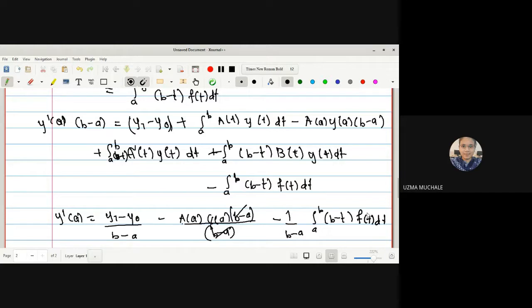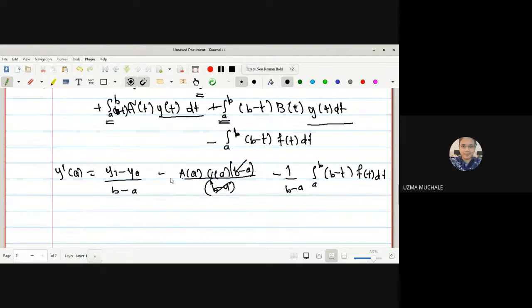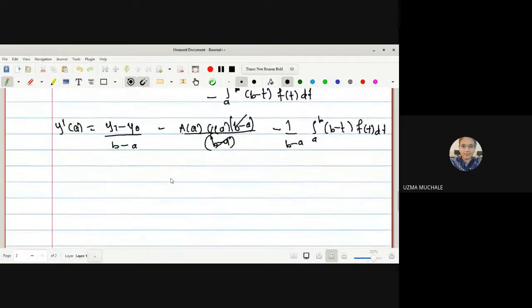Correct. Now we will collect all those terms with y of t coefficient. This was with f of t, so that's why we have kept it here. Now here it is y of t dt. Here is also y of t dt. Here is also y of t dt. Integration is also common for these terms. So let us write down these terms as it is now. Let me write down this with what is a common term? 1 upon b minus a, as we have divided by b minus a. So what are the common terms? Integration a to b, and next is y of t dt is a common.